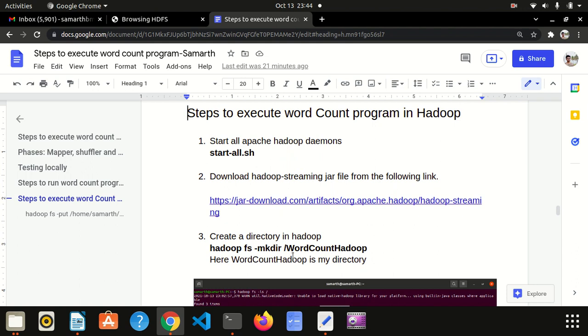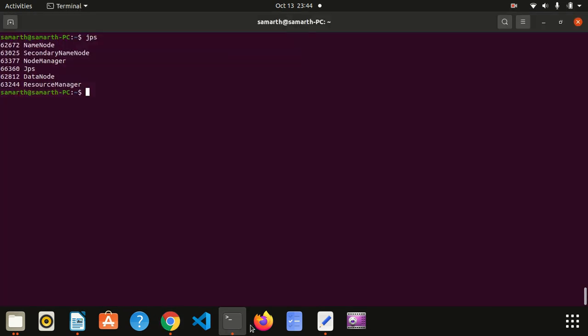After this step, you will create a directory in your Hadoop file system. You can do that by the following command. You can see I have created a directory named wordcount Hadoop in the Hadoop file system. Inside this I will copy my input file, which is stored in my local file system. For that I can use the command